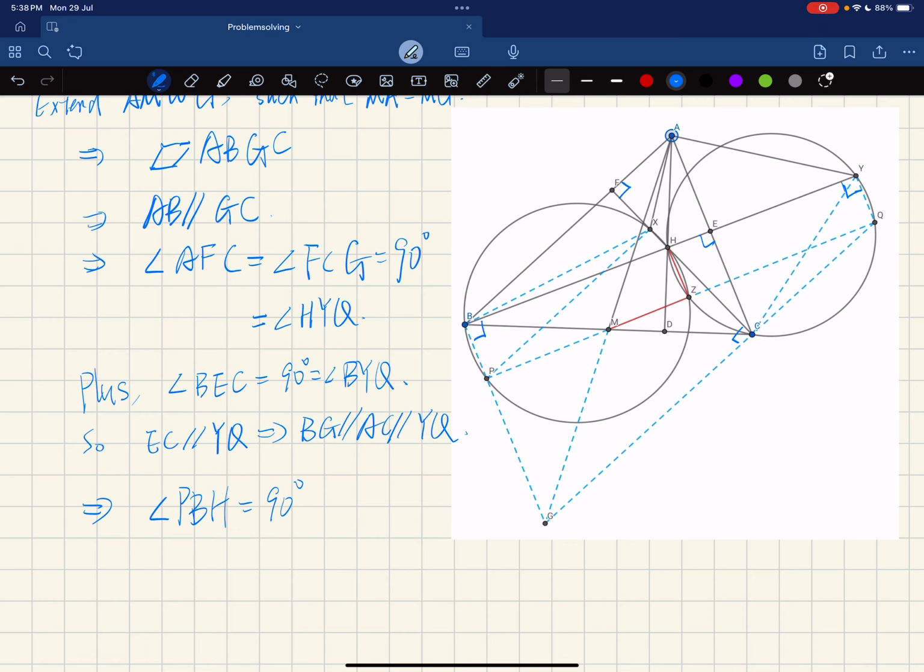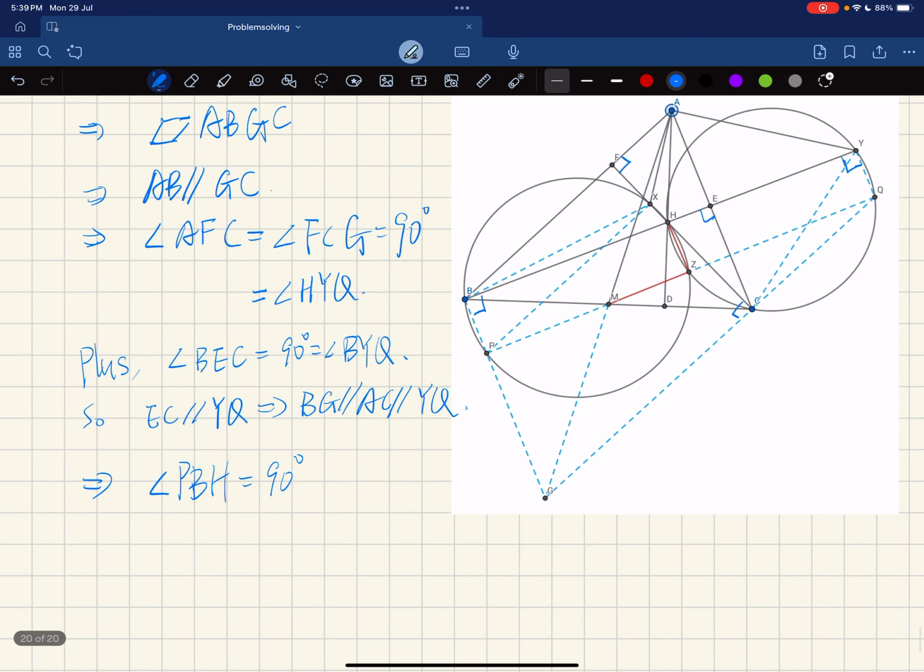And then how can we prove that the parallel lines like AB, PX, and GQ? So we can try another pair, or if we study this angle,